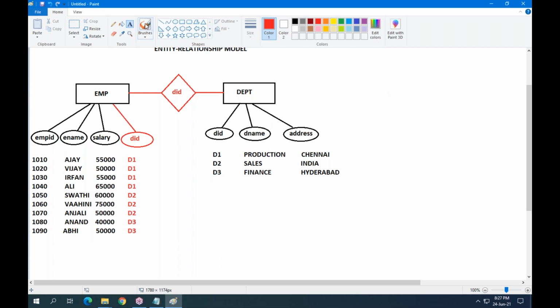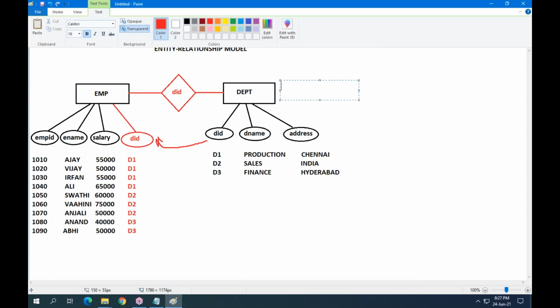Actually, why is this repeating in employee? According to this diagram, department is the parent and employee is the child. How do you know? Simple logic. If you take one department, under that department multiple employees exist.